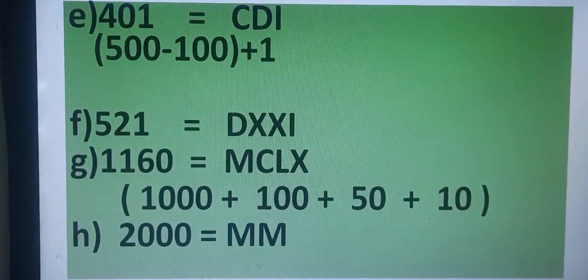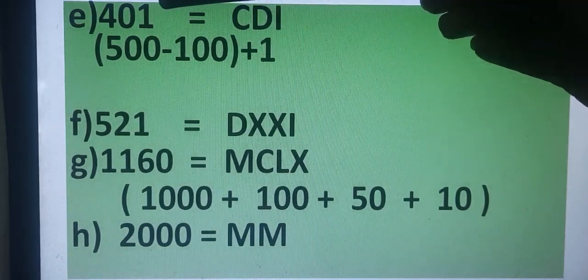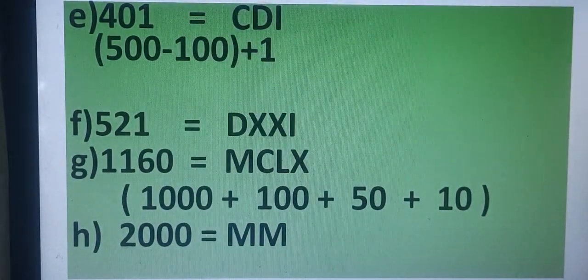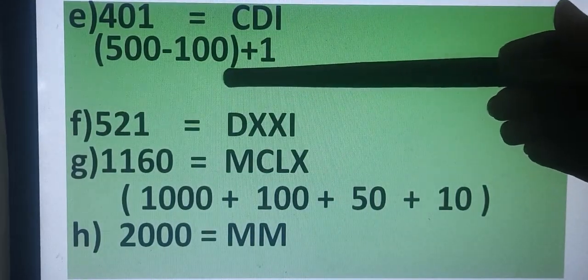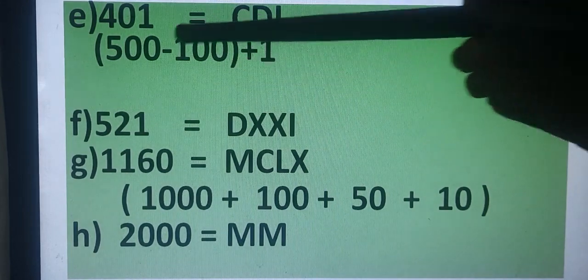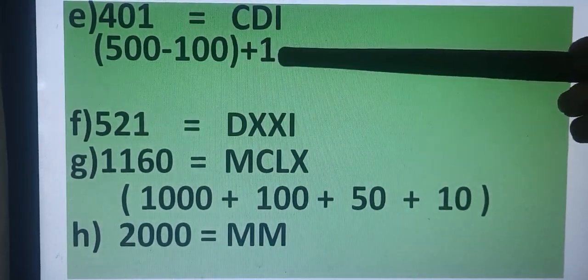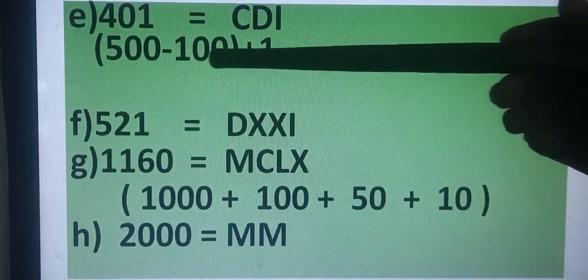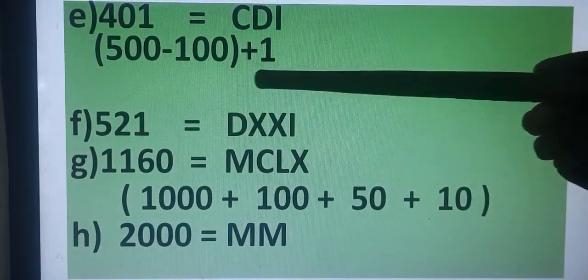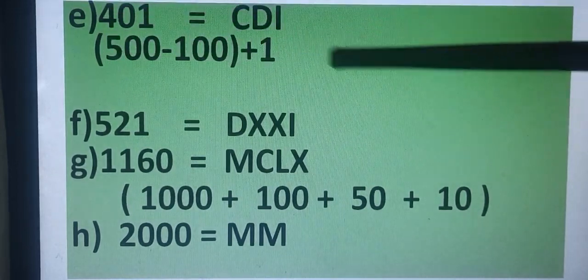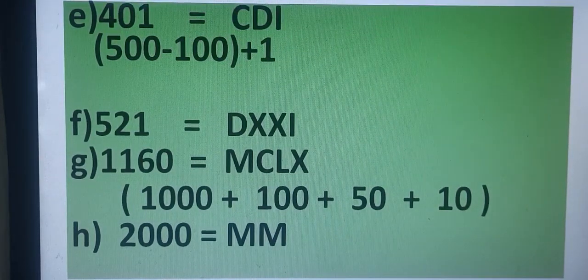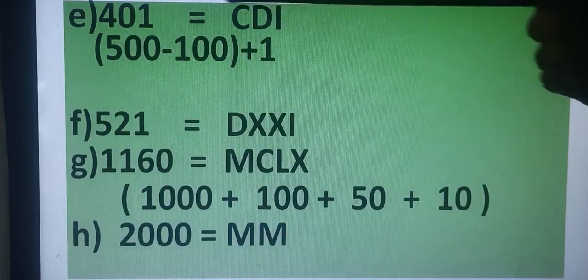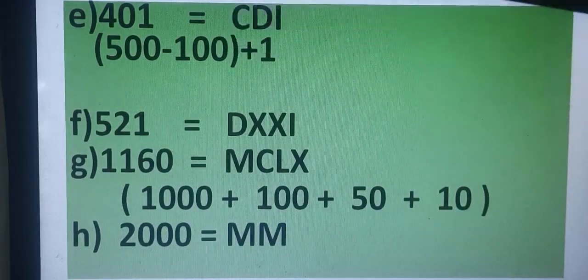401. Now 400. 400 will be written as 500 minus 100, because for 400 we do not have a direct symbol. We have one for 500. And the subtraction rule also we know. So 500 minus 100, 400, plus 1. Now 500 is D. D minus 100 means the symbol of 100, that is C, will be written to the left. CD. And 1 is I. 400 is CD. Keep this thing in your mind. 400 is CD. Okay. Because D minus C, 500 minus 100 is 400.